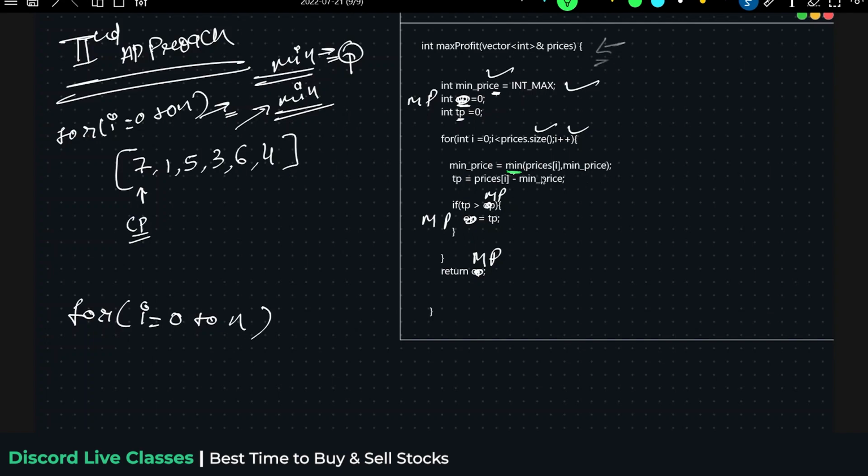In the minimum function, I will be checking which day is best for me to buy. How will I be able to choose which day is best for me to buy? I need to find the minimum. So I will be comparing, currently I am on i. Let's take i equals 0. Prices of i is currently how much? 7. Then this function will run. Prices of i is 7, comma, minimum price how much? Can anybody tell me what the minimum price is?